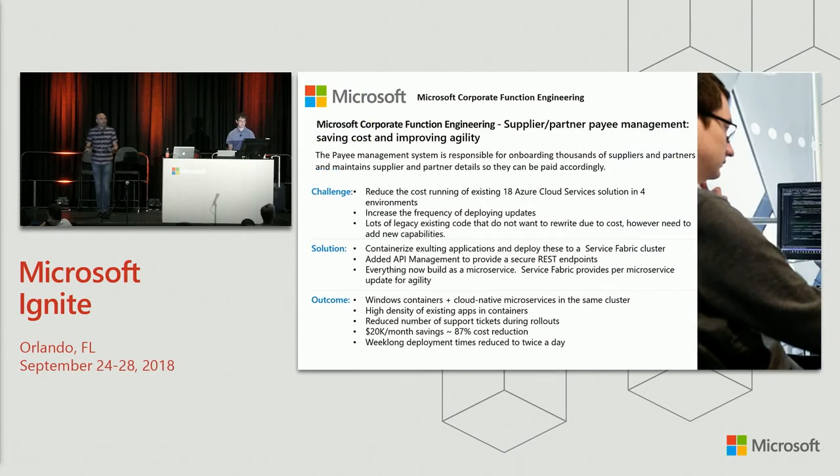We are dogfooding this internally. There are multiple teams within Microsoft which are either prototyping containers or already in production with containers. So, one of the teams in the finance department in Microsoft is also running Windows containers, and they migrated off cloud services. And what they found is they got an 80% reduction in cost because they get better density. So instead of having, I don't remember the exact numbers, but about 100 or 200 VMs, they were able to minimize it to just a dozen or 20 VMs for all their environments, because they could merge all the services and run them on the same cluster, all the environments also,